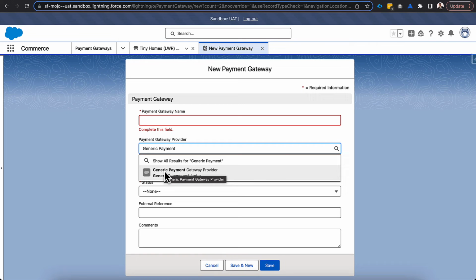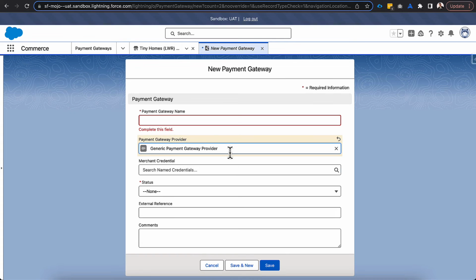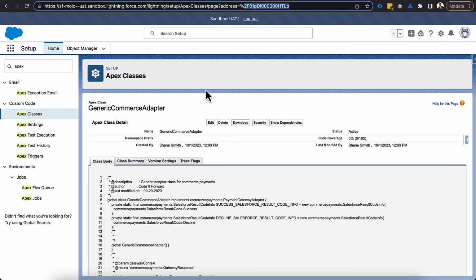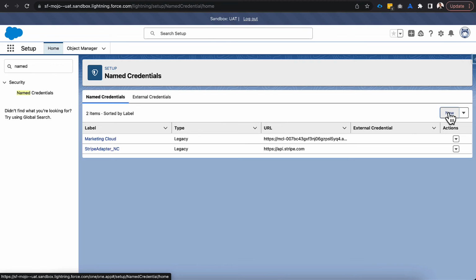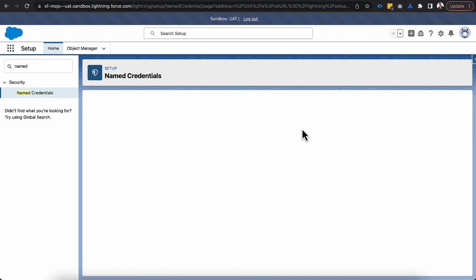You can also do this from the Workbench side if it doesn't show up, by just doing a record insertion there. But we'll go ahead and select that on the front end here since it does show up for us. The other thing we're going to need is a name credential. So before we can finish filling this out, we're going to go back into Setup, and we'll go over into Name Credential, and we will create a new name credential, and we'll actually go through and create a legacy name